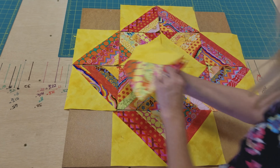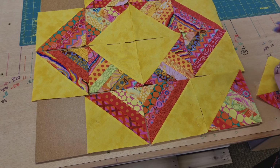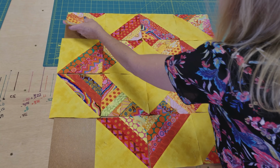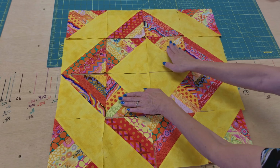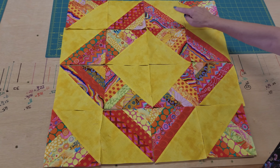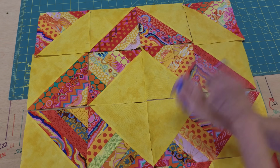Now we're going to take the last 4 blocks and we're going to put the yellow in the yellow so it makes a nice long line there. And this is what our block is going to look like. So we end up with nice dark around the edges. We end up with some yellow in the middle here. And if you end up with 2 of the same print right next to themselves here, you can trade things